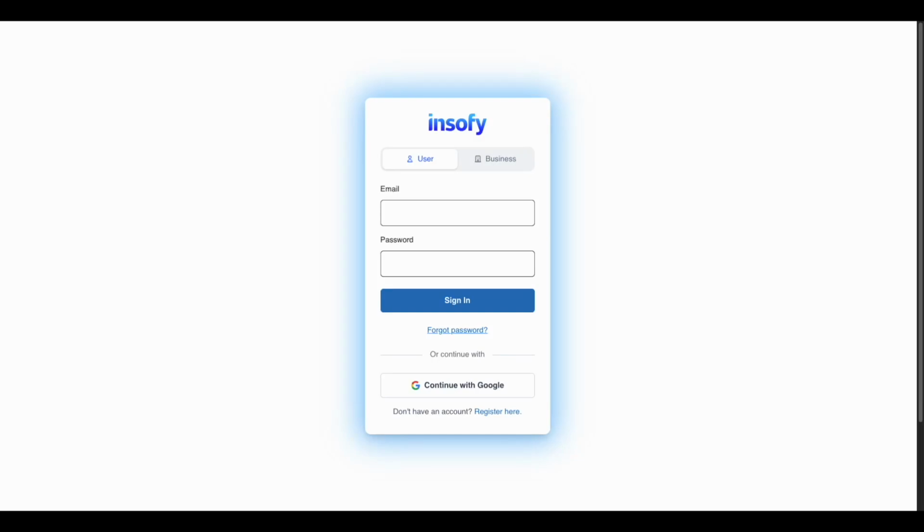Hello and welcome to Insofy, an all-in-one AI-powered assistant for managing reservations, food orders, menus, and tables effortlessly. In this quick tutorial, we'll show you how to set up your restaurant account, chat with your AI assistant in order to set up all of the domain restaurant knowledge that you need, and be able to start taking reservations